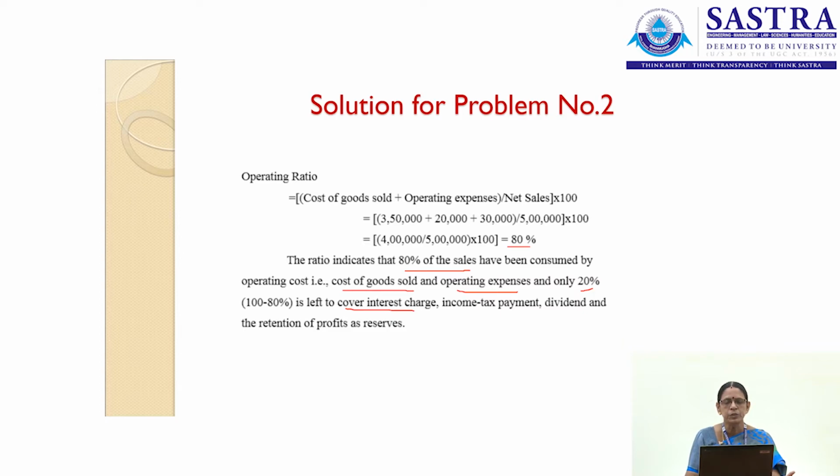So this operating ratio gives an idea to the management regarding the profit available for the dividend payments, interest payments and other charges that are to be made in a fixed manner. So whenever this operating ratio is 80%, 20% is the available profit. If operating ratio is 75%, 25% will be the available profit. So this is the way in which the management is going to predict what is the ratio of profit available in hand to pay off your fixed payments.